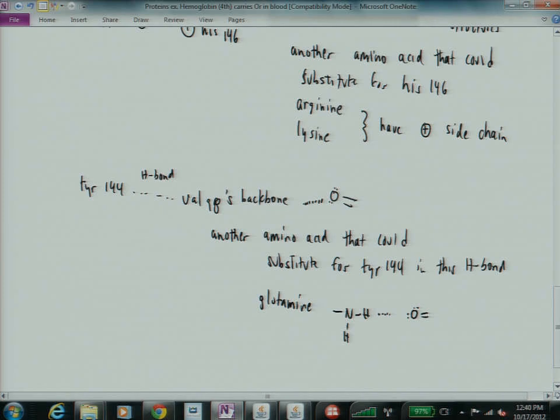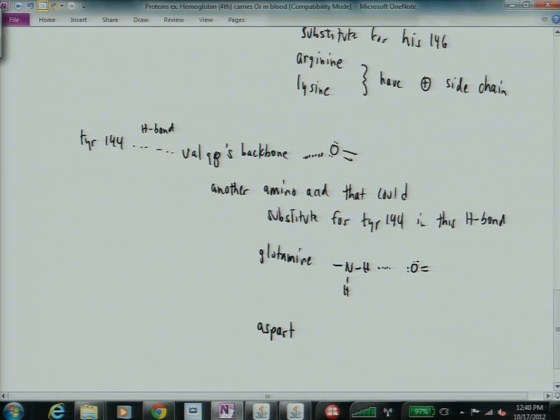Aspartic acid. All right, so that's actually a really good one. Aspartic acid can make hydrogen bonds, but not with that partner. Let me show you what I mean, because I'm actually really glad you said it. I was hoping somebody would say it. So aspartic